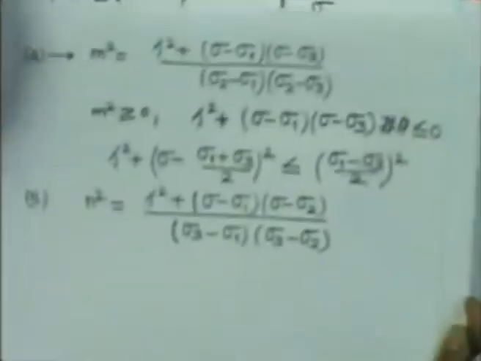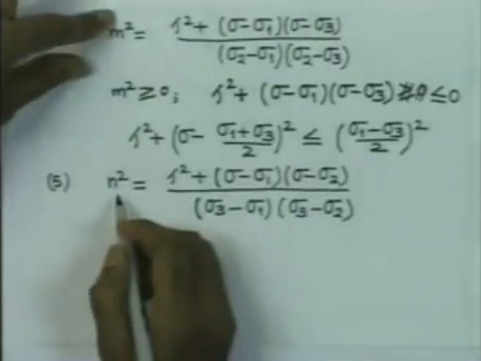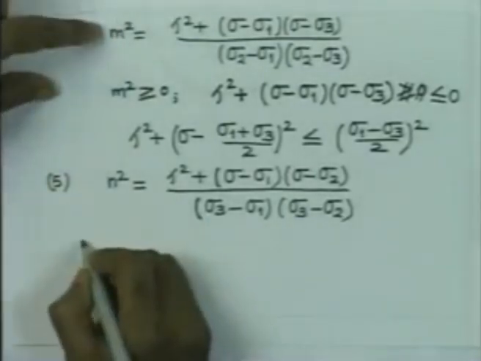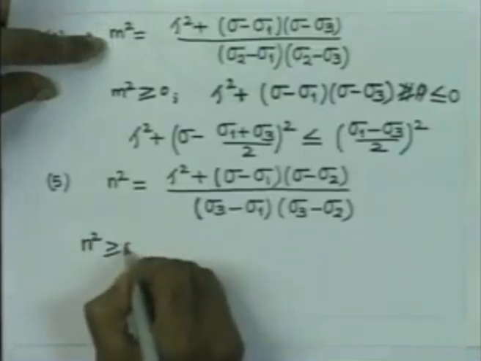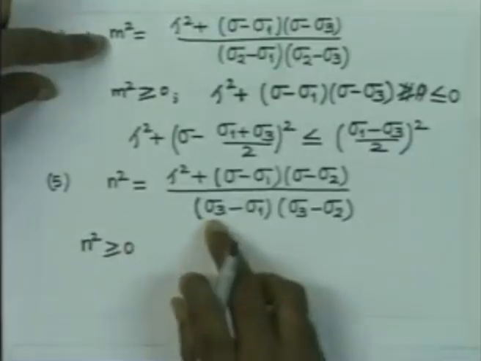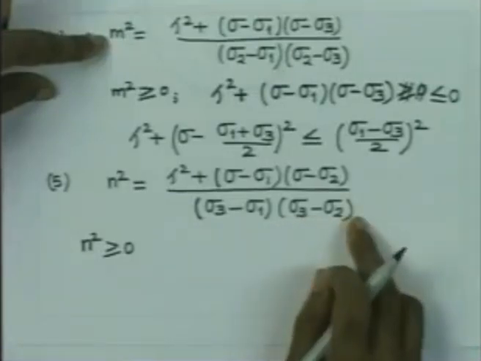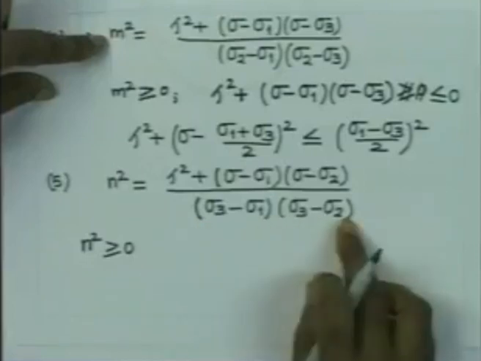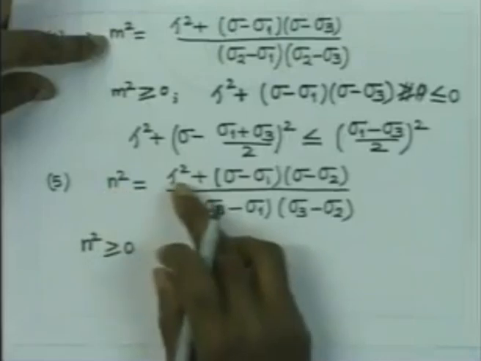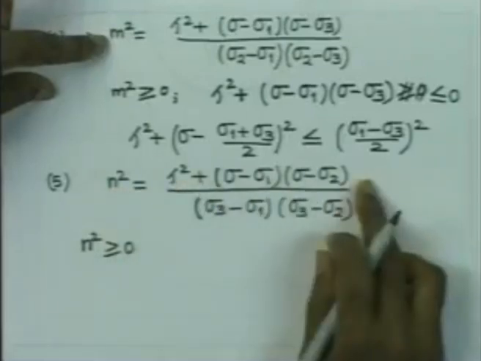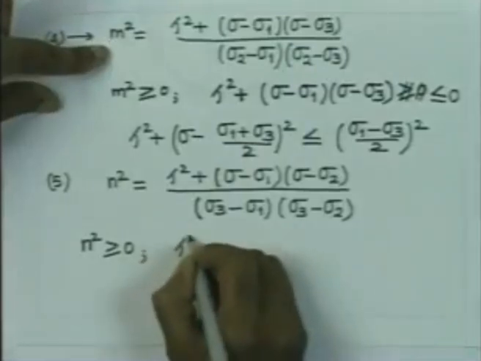Now, this is going to again give us, since n square is greater than or equal to 0. Now, sigma 3 minus sigma 1 is negative, sigma 3 minus sigma 2 is also negative. So, this is a positive quantity. So, therefore, if n square is going to be 0 or positive, the numerator has got to be 0 or positive. So, therefore, this gives us tau square